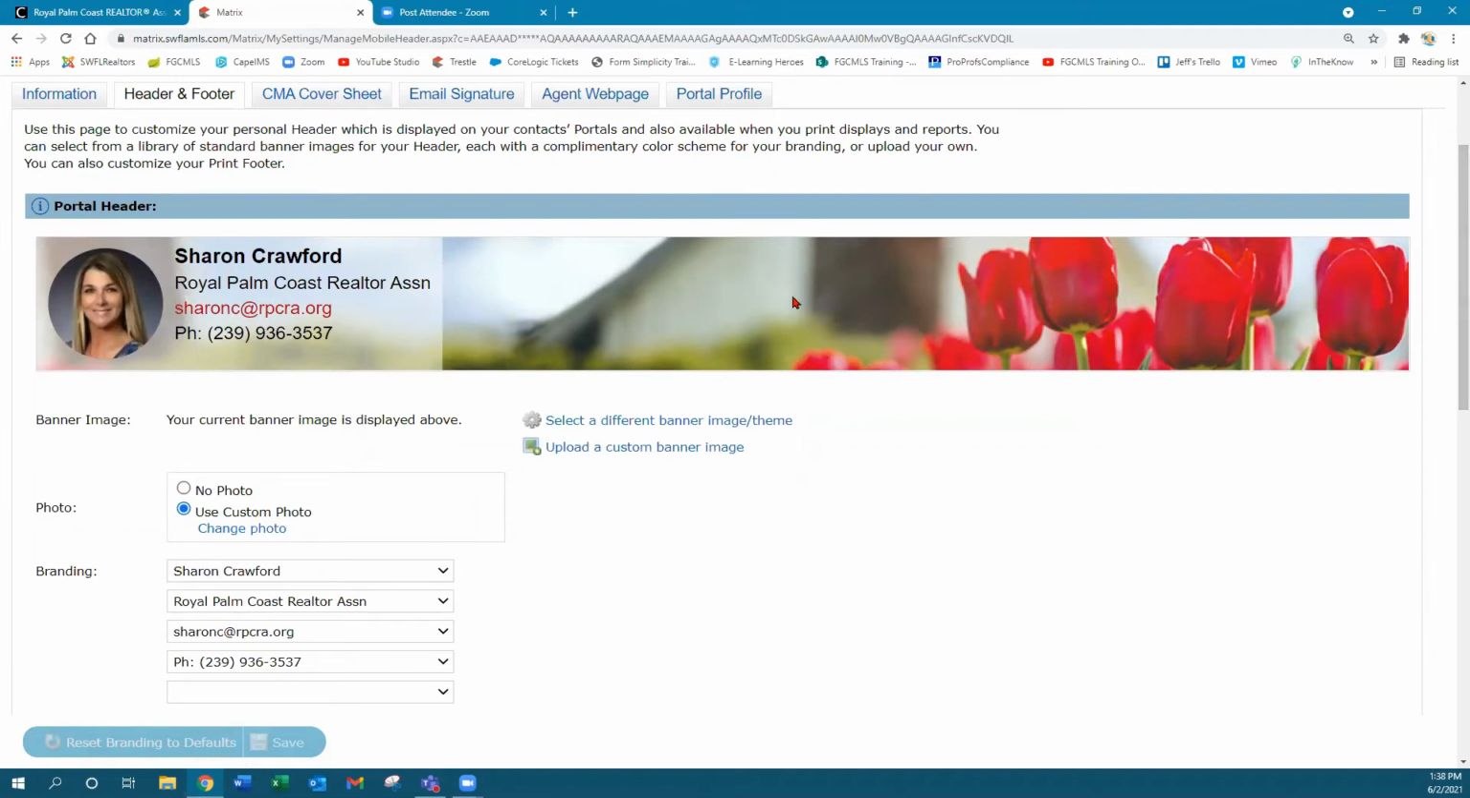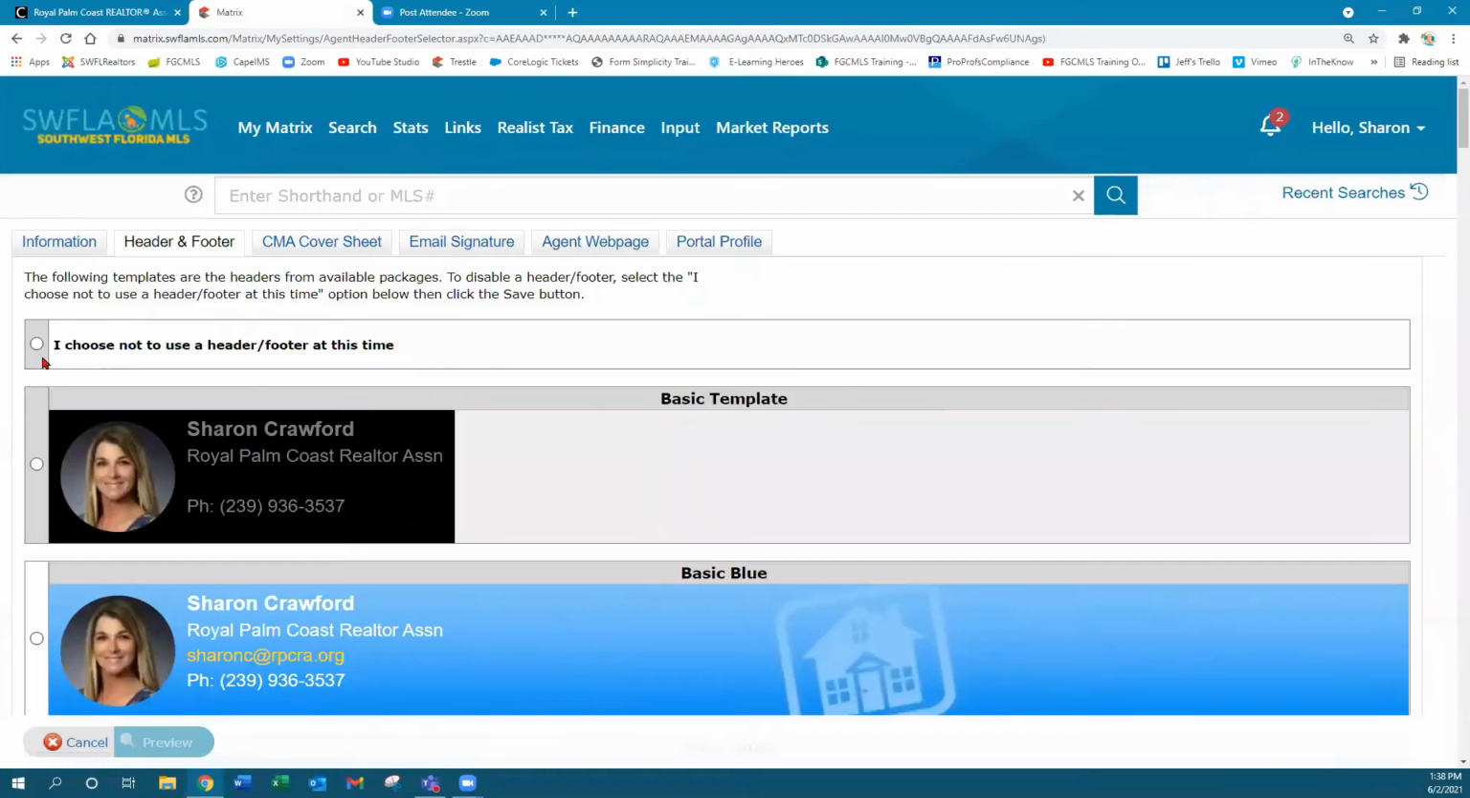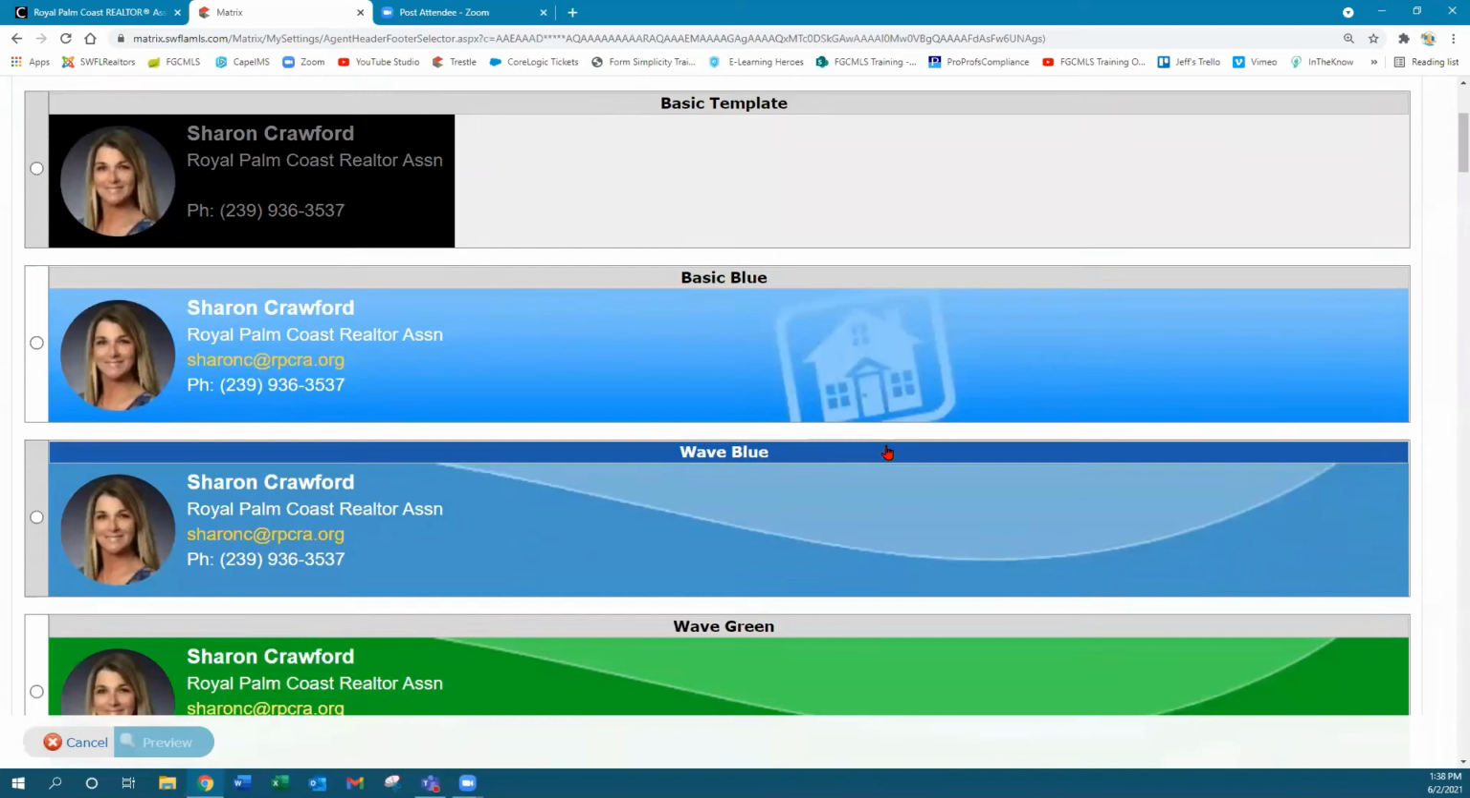Now, if you've never done this before, then this is going to be blank. And where mine says select a different banner image theme, yours is going to say select a banner image theme. So we'll click there. Now you can choose not to use one, but I just think that would make your portal really boring. And even these first few,